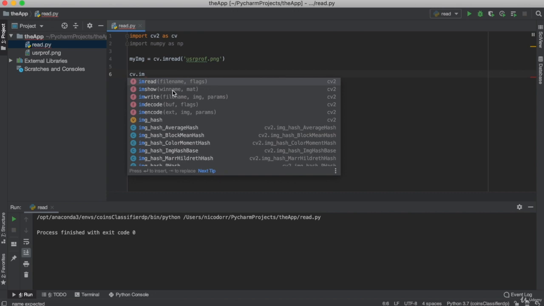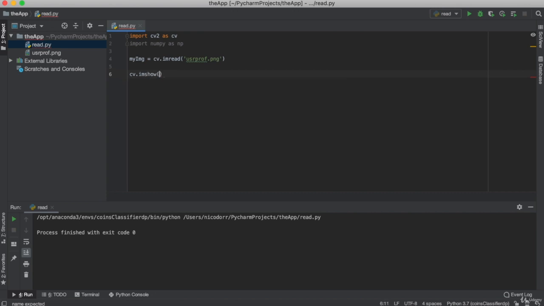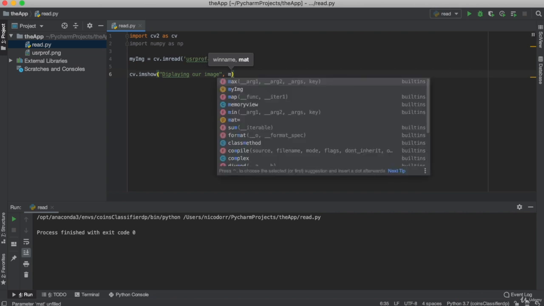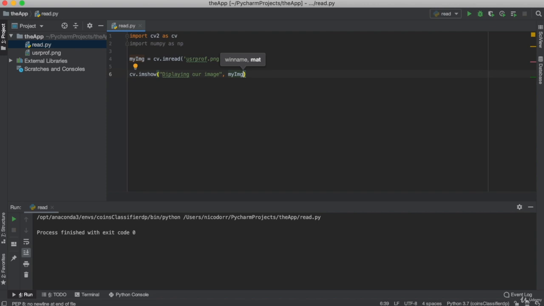So if I click on this, I have this, and the window name will be displaying our image, and comma, and the name of the image, which is my_img. So this is what we can do to display an image, but it's a little bit tricky because if I start the program right now,